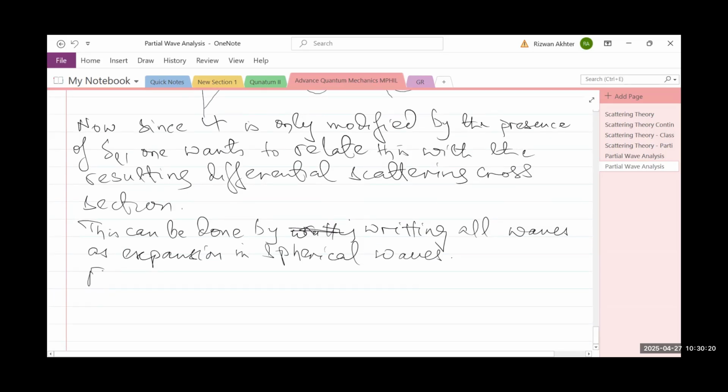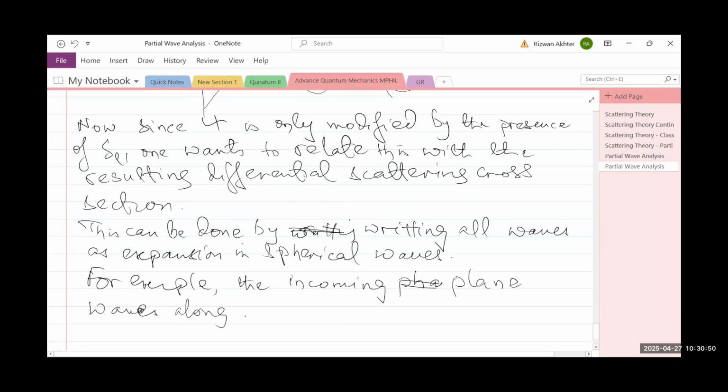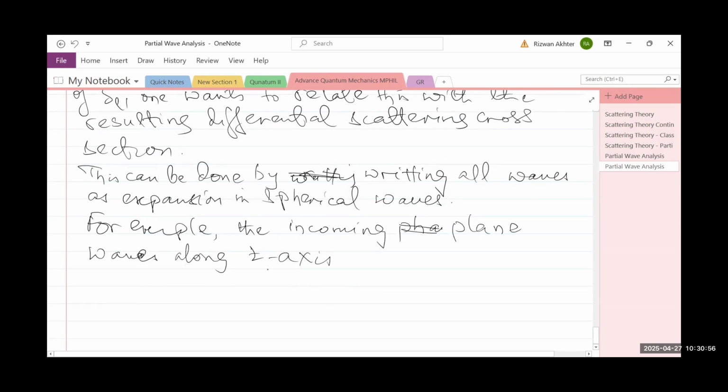So for the incoming, for example, the incoming say plane waves, वो क्या हो जाएंगे? So plane waves, let's say some direction, and let's say along the z-axis, they could be written as psi, which is approximately equals to e to the power iota k z, and they can be